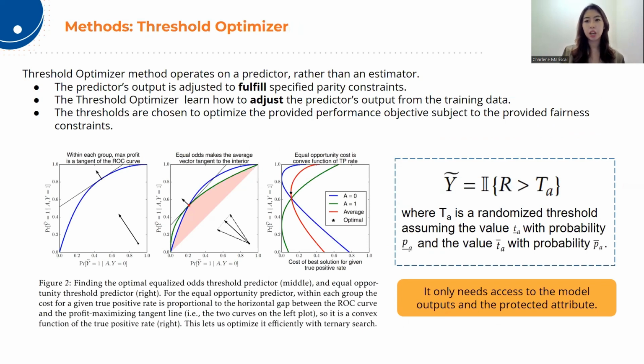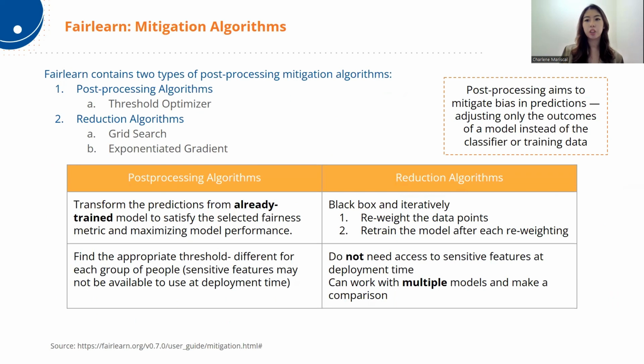The threshold optimizer algorithm aims to optimize the decision threshold of the model to achieve fairness. The decision threshold is the probability value above which an instance is classified as positive. By adjusting this threshold, the algorithm can control the trade-off between fairness and accuracy. Reduction method consists of 2 algorithms, exponential gradient and grid search algorithm. The algorithms adapt its prediction based on feedback received without assessing the sensitive feature.